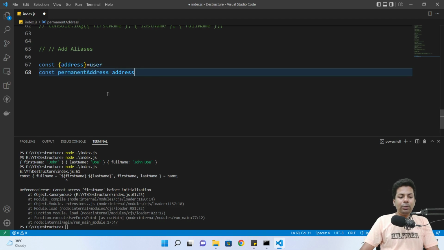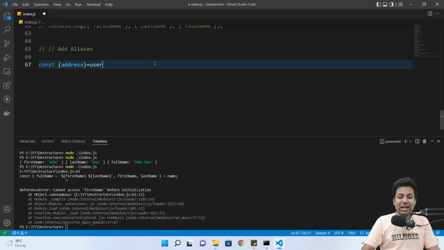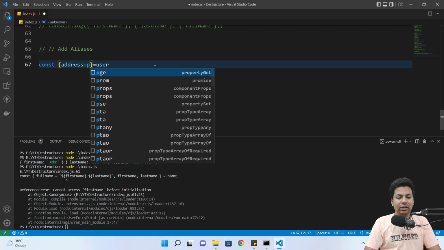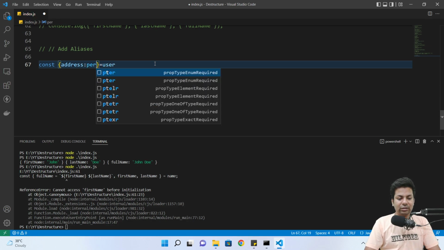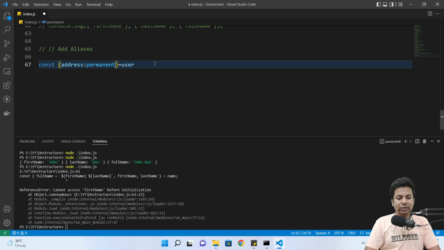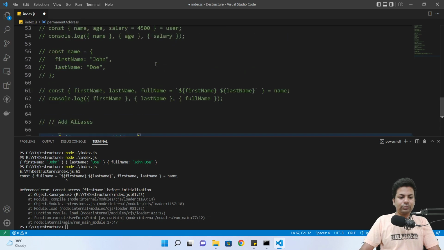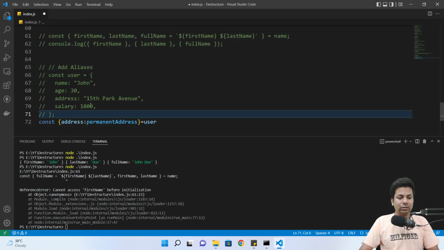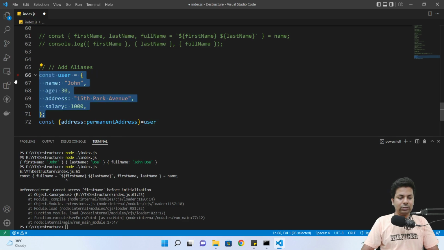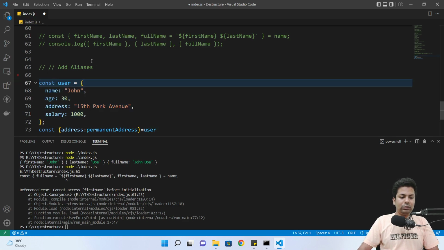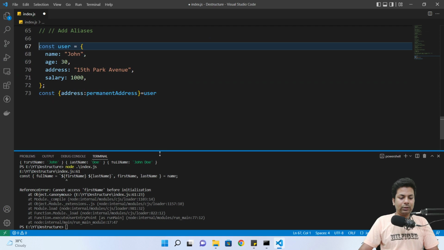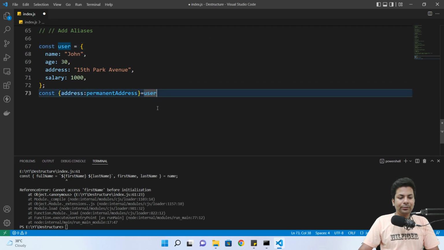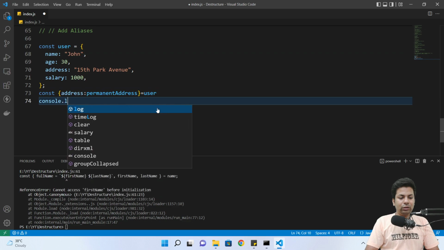But how do you do it in just one line? That's super simple, guys. You just say here only it should be accessed as permanent. Where's the user? I haven't pasted it yet. Oh, yep. Okay, let me bring it down. Yeah. So now if I console.log,